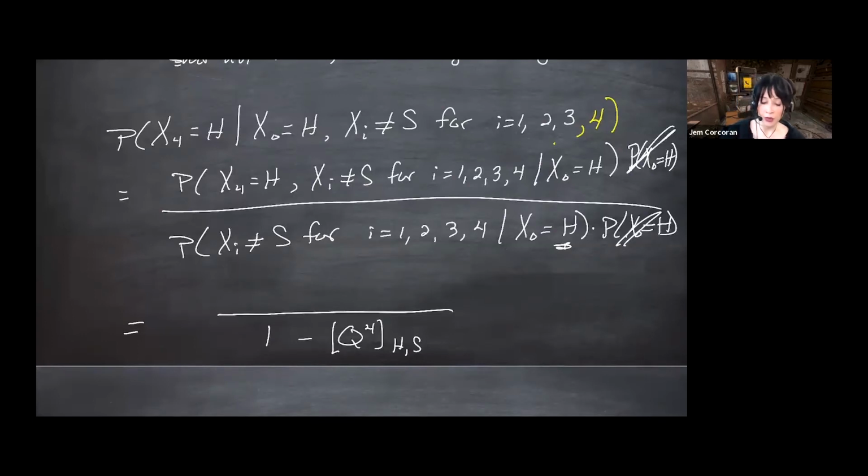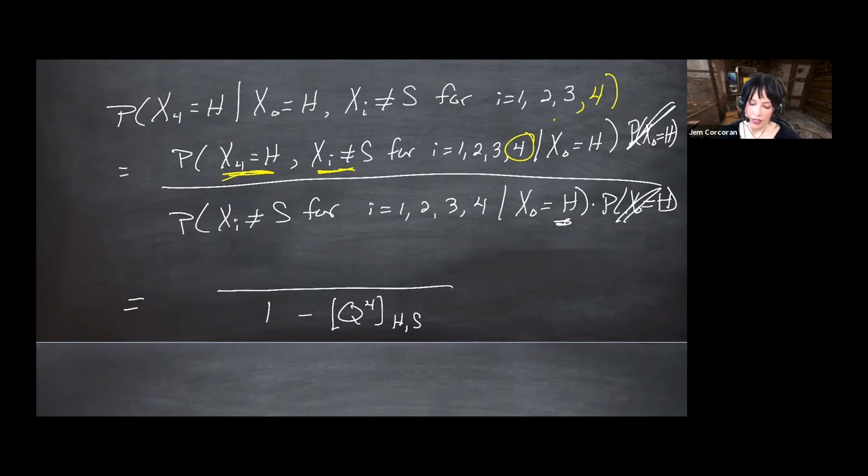And then the only thing that's really changing, I guess, is on the top. I want the probability that X4 is happy and also X4 is not sad. But that is redundant information, that X4 is not sad. The probability that X4 is happy and also not sad is the probability that X4 is happy. You get to drop the 4th one because it's redundant